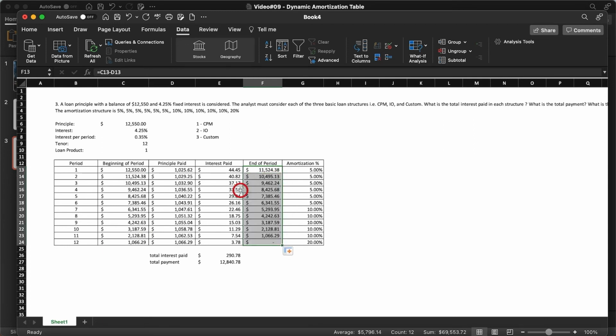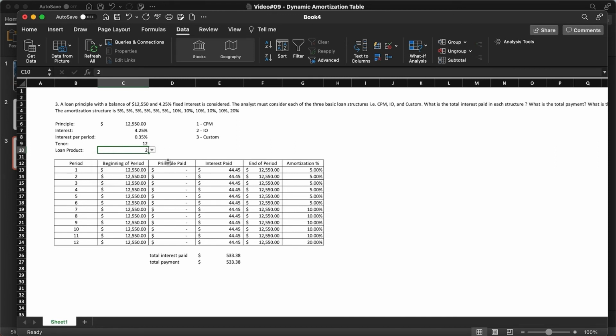Okay? So right now what we're looking at, it's a table showing the constant payment method. As you see, it ended up in a 0, nice and tight, which means that we did it correctly. It's a good math check. It worked. Right, now let's move to the second one, to the second loan product, which would be the interest